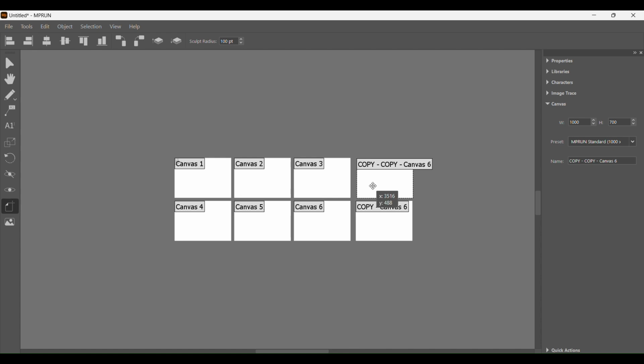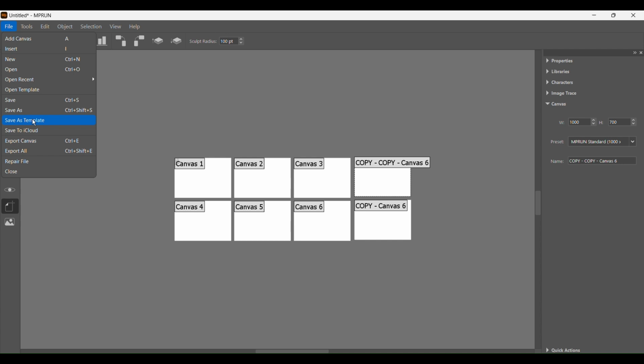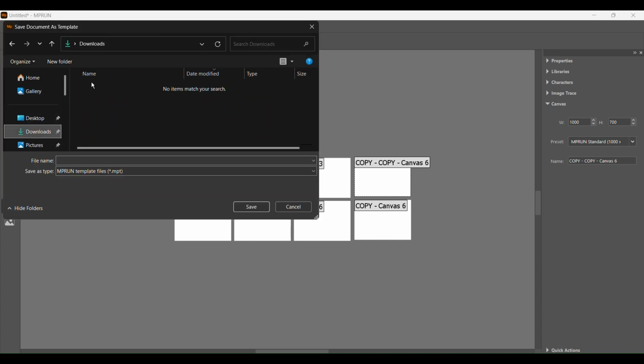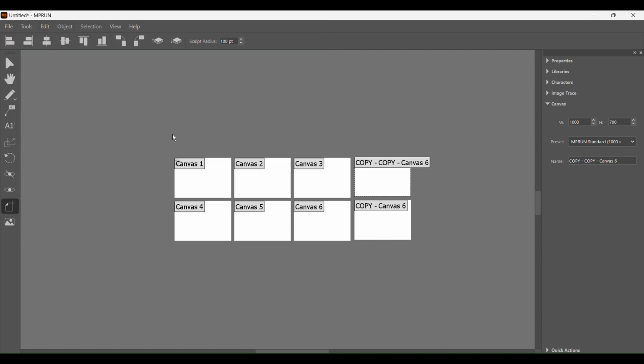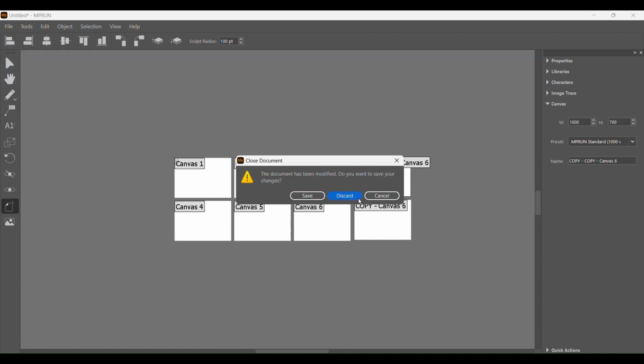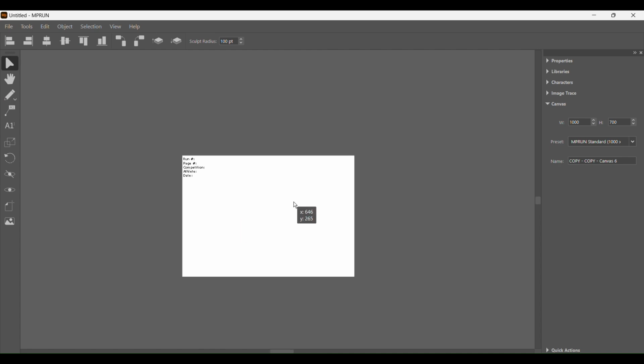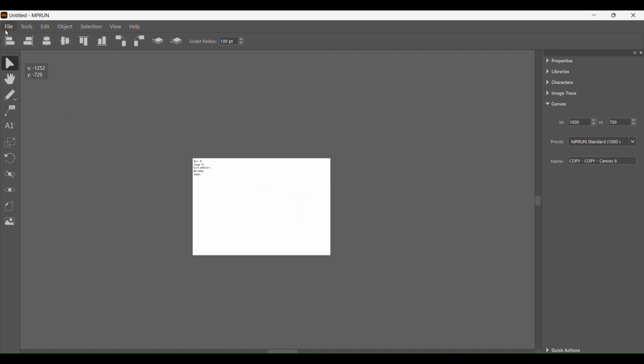Now this might be great if you want to draw a half pipe run or a slopestyle run or whatever. So you can go download this template file, which I will save as a template right now. Let's see here. We'll just use my downloads folder, my template, and it will save as an MPT file, MPRUN template file. And let's go ahead and create file new. We'll discard the changes,